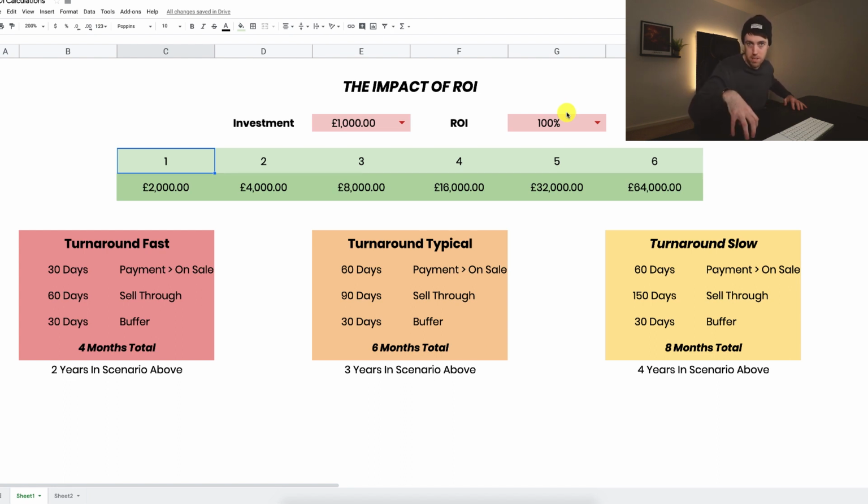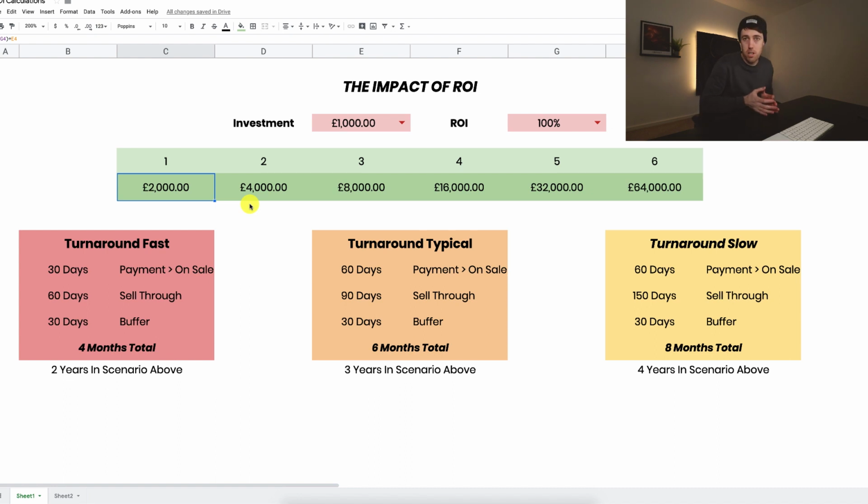That's 100% ROI. Okay, and so what that's going to mean is that you're investing that £1,000 in however many units that is, 250 units, and you're going to get £2,000 back in that first investment cycle. You're going to get your £4 cost back, and you're going to get your £4 per unit profit back, which is going to give you £2,000. You then take that £2,000 and say, hey, Mr. Supplier, I want to order 500 units of this product now, and therefore I'm going to give you £2,000, that's going to be your landed cost expenditure, including shipping and taxes and everything.